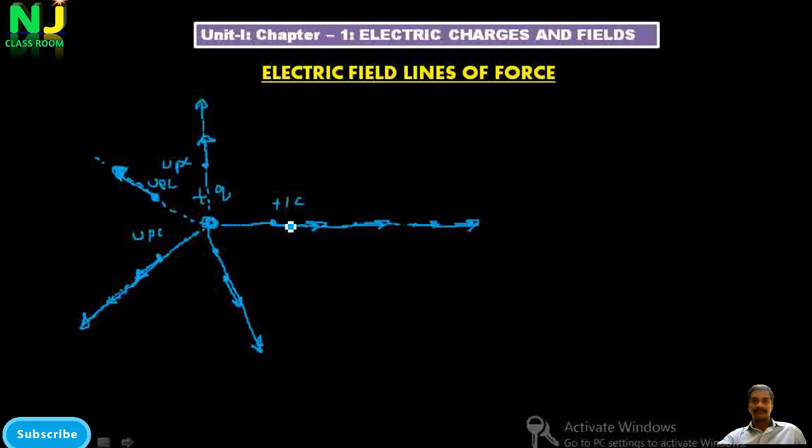We can't see the path followed by the unit positive charge just by representing the electric field line, that is called the line of force. The force is a vector, so we have to use the direction along with the magnitude. If you move away from the point charge plus Q, the unit positive charge experiences a lesser force as the distance increases. By joining all the vectors from the point charge to infinity, we get an imaginary path.